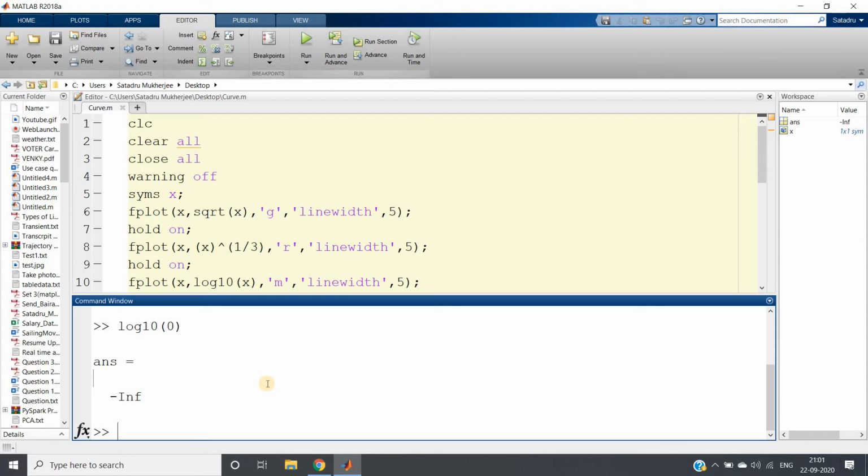Then coming to cube root. Cube root is a very good way of working for 0 as well as negative values, right? So I can write 0 to the power 1 by 3. You will get the answer as 0. So it works perfectly for our 0 value. And minus 8, what is the cube root? If you take the cube root of minus 8, you will basically get 3 roots of the polynomial. One pair will be complex conjugates and another will be what? Another will be nothing but our real number, right?